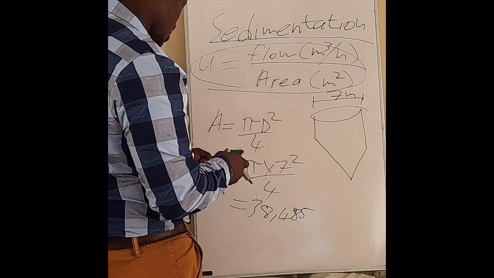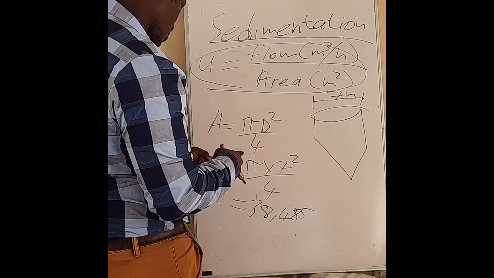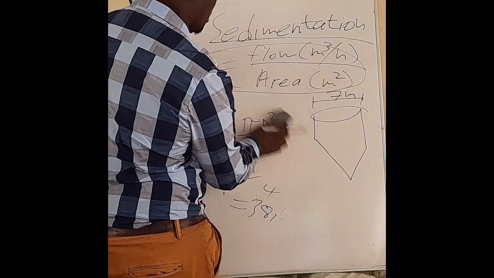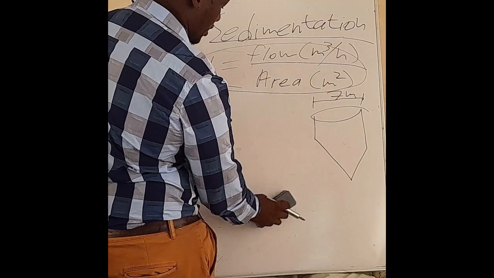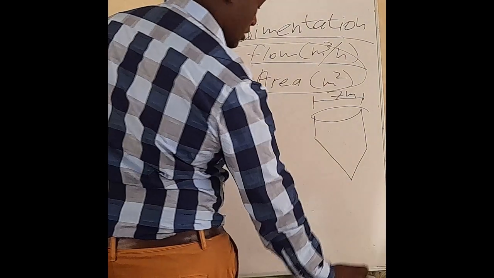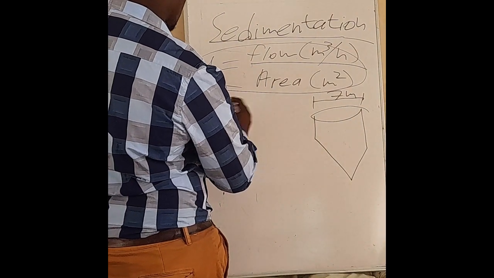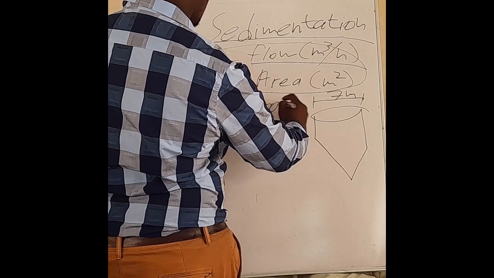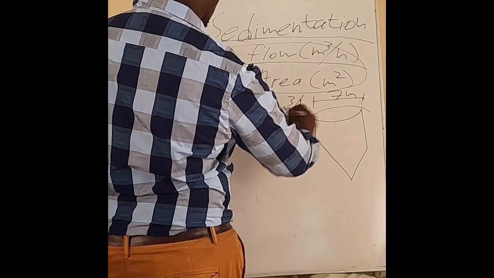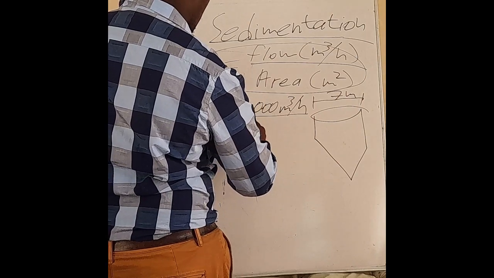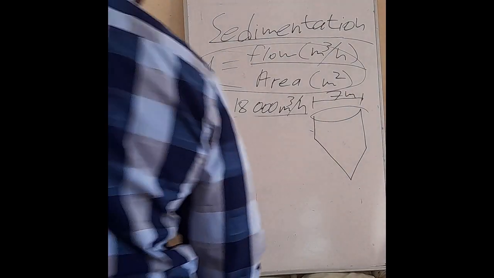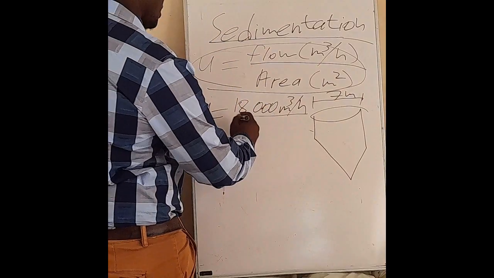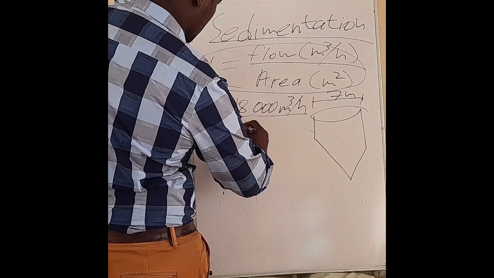Okay, so we go B, 38, there, 1,000. Now we have both our flow rate in meter cubes per hour, and we also have our area in meters squared. So we'll say Q equals 18,000 meter cubes per hour, which is our flow, and we'll divide that by our area, which is